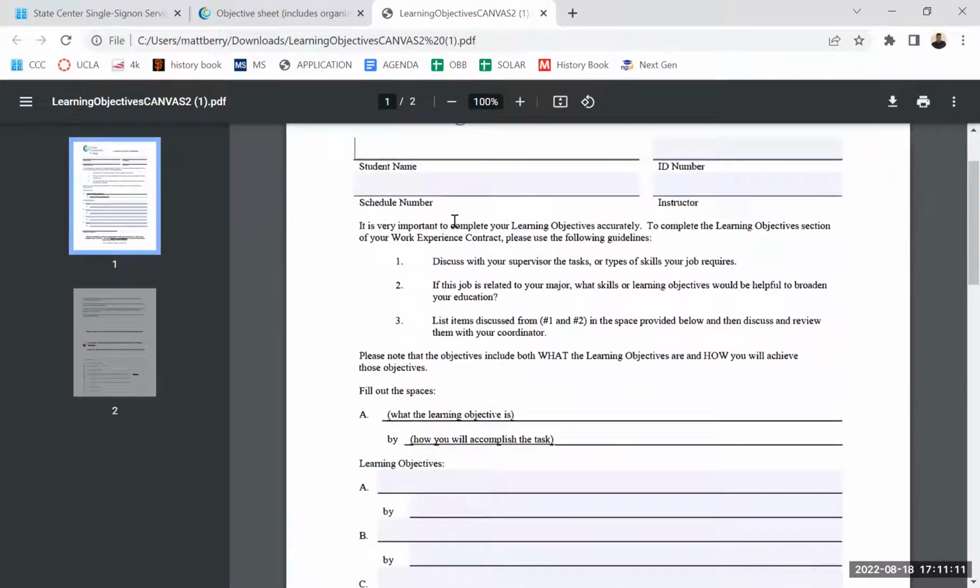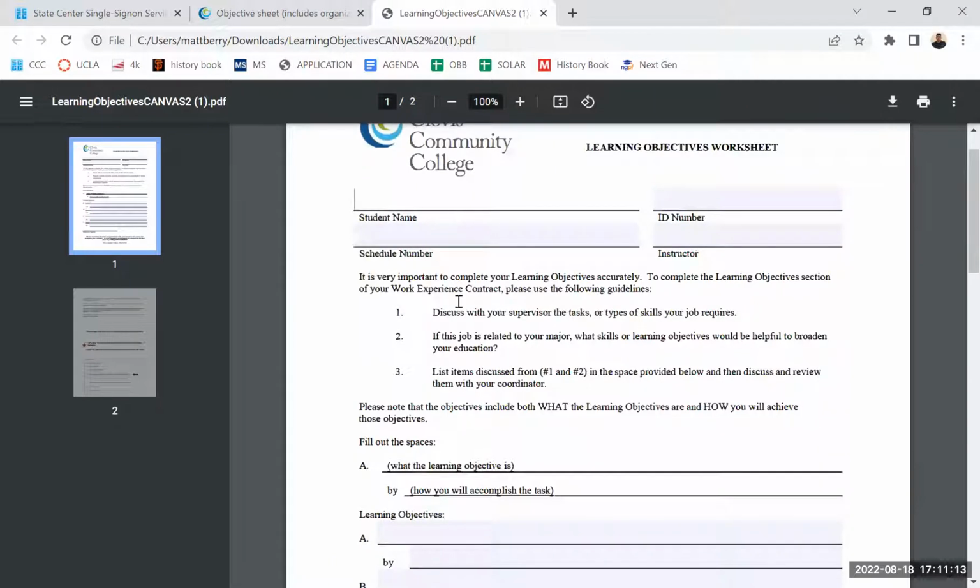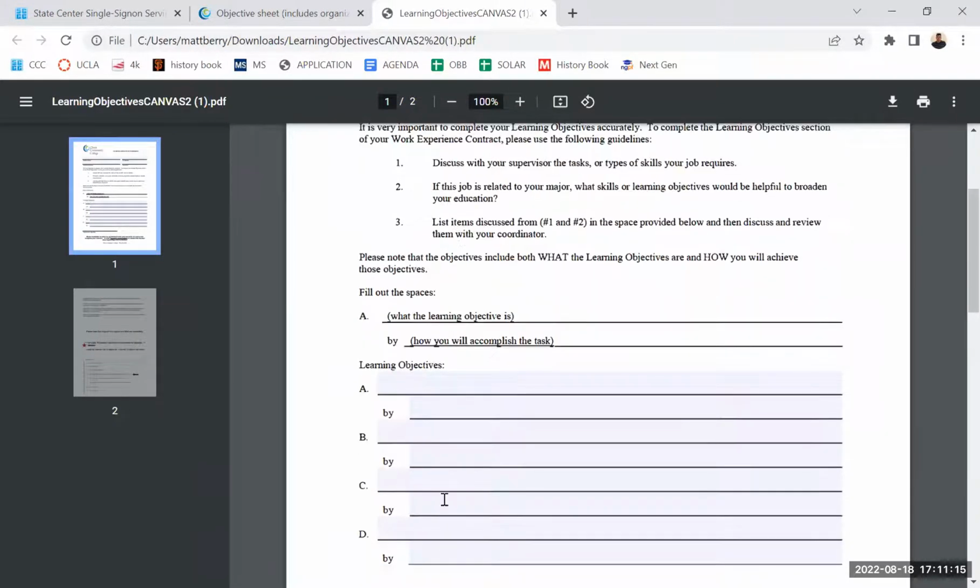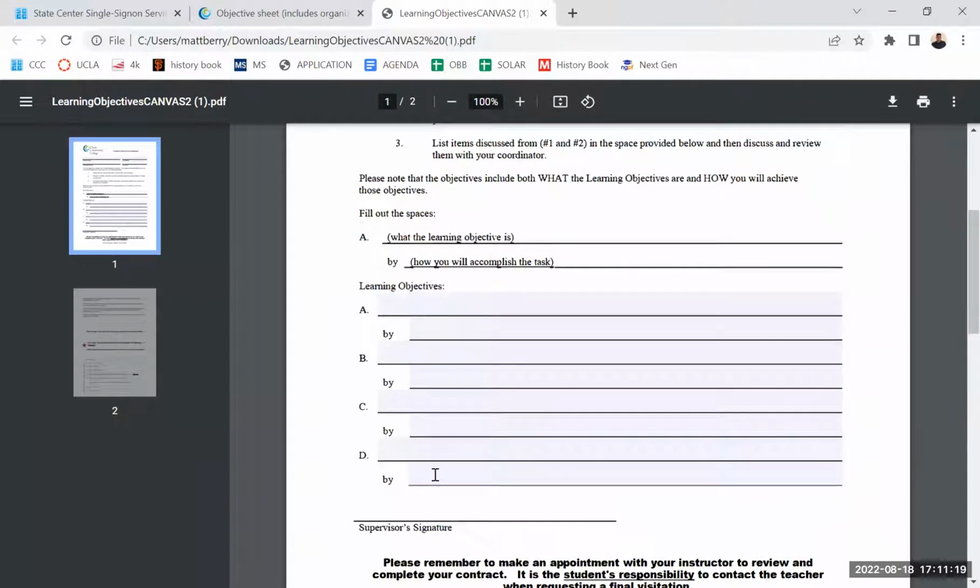If you just want to print this out and you want to write on here, you're more than welcome to do that. I would never do that because my handwriting is awful. It's chicken scratch. I would never do that to anybody. But if you have neat handwriting and you can make it legible, feel free to just handwrite it and then submit it. When you go to submit it,